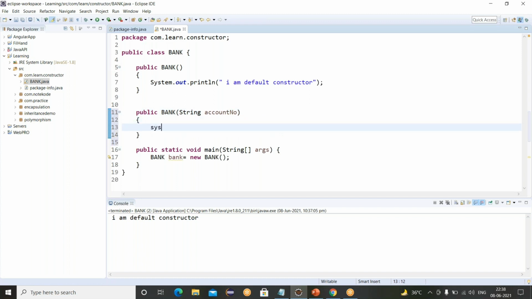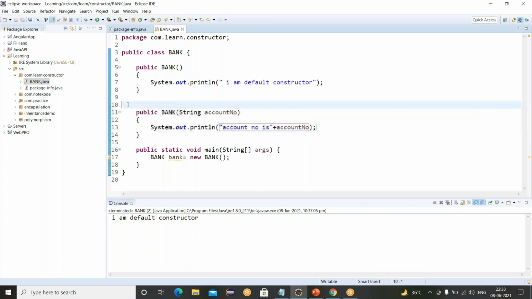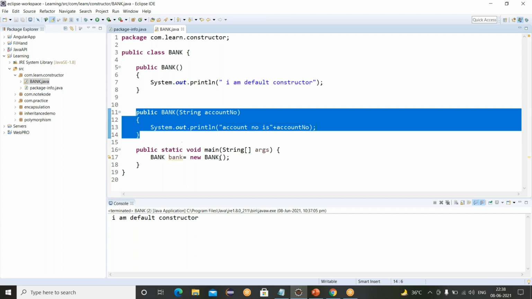Now I have provided one argument here, public Bank String account number. So this is now a parameterized constructor.